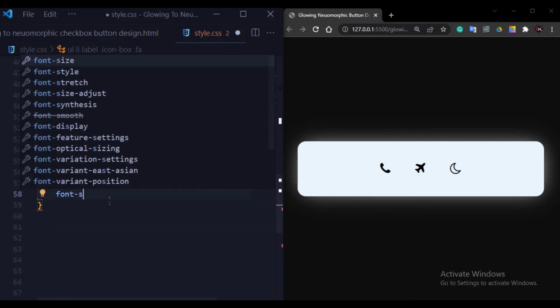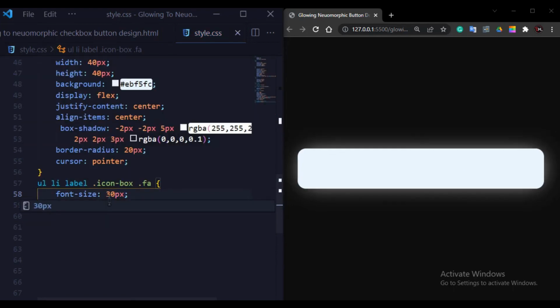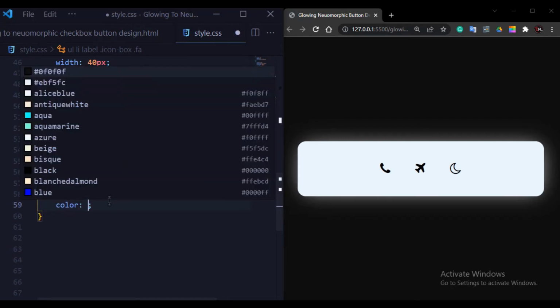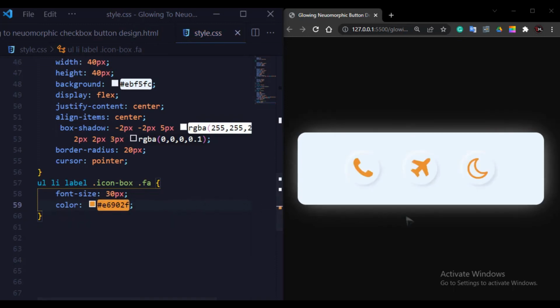So I will write here font size, and I will give 30 pixel, so the font size changes, and color hashtag E6902F. So as you guys can see the output here, now it looks really very attractive and very beautiful, and it looks like a new morphing effect.